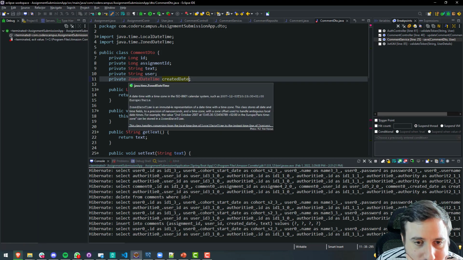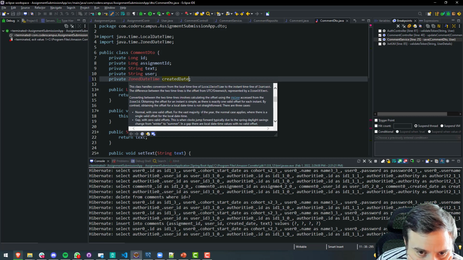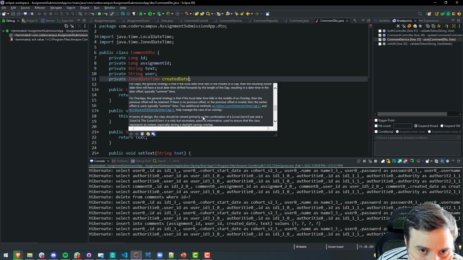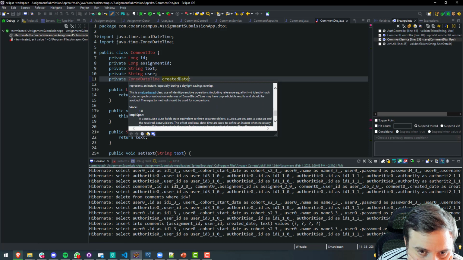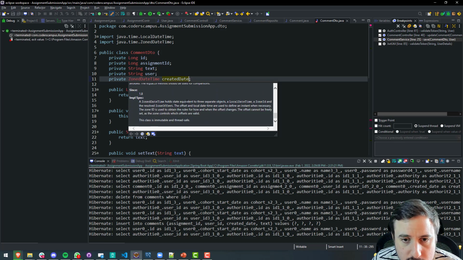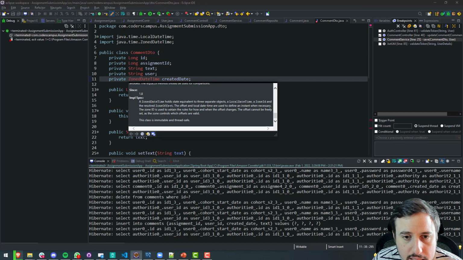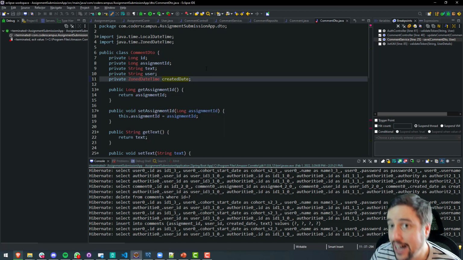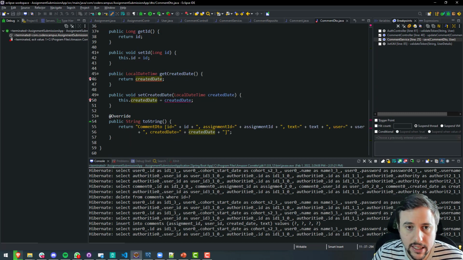So how do we do this? So a zoned datetime holds state equivalent to 3 separate objects: local datetime, zone ID, and resolved zone offset. So hopefully now, when I